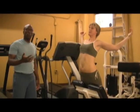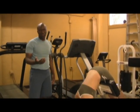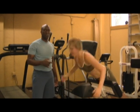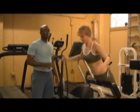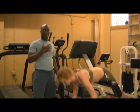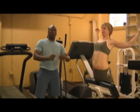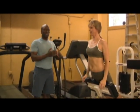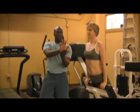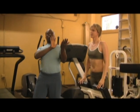In the beginning, you might find that you have to do 5 of these before you have to rest. And if you're more experienced, you might do 20 of these. But whatever number is comfortable for you, make sure that you do them all the way. Because the muscles that go up and down the back need to have the job and the work of lengthening your chest and